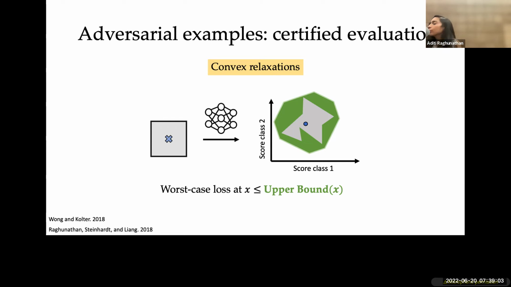And you can use this whole machinery of convex optimization. That's this whole field of certified evaluation, where we can get guarantees via convex relaxations on actual worst case performance of these systems. So all hope is not lost. Yes, it is challenging, but we are able to get guarantees on how well these networks perform on small perturbations to inputs.